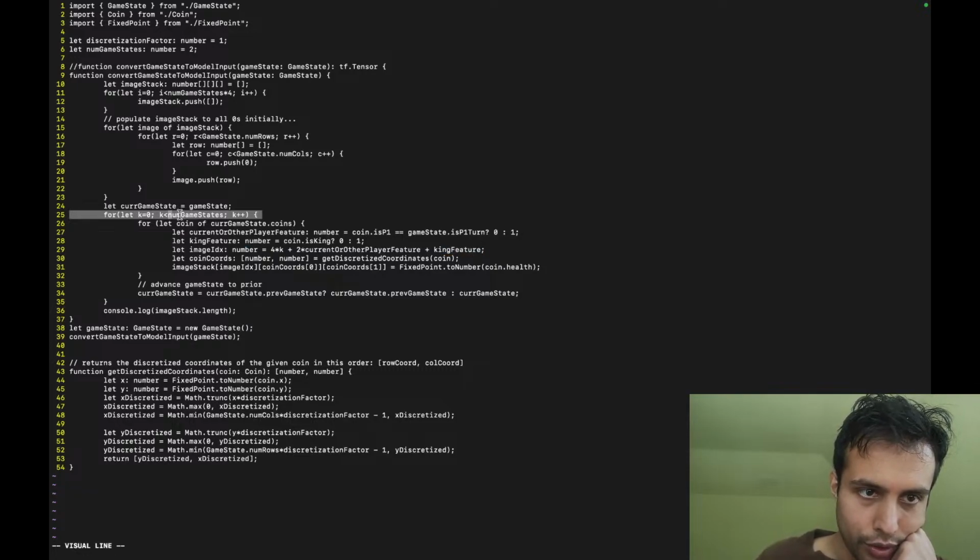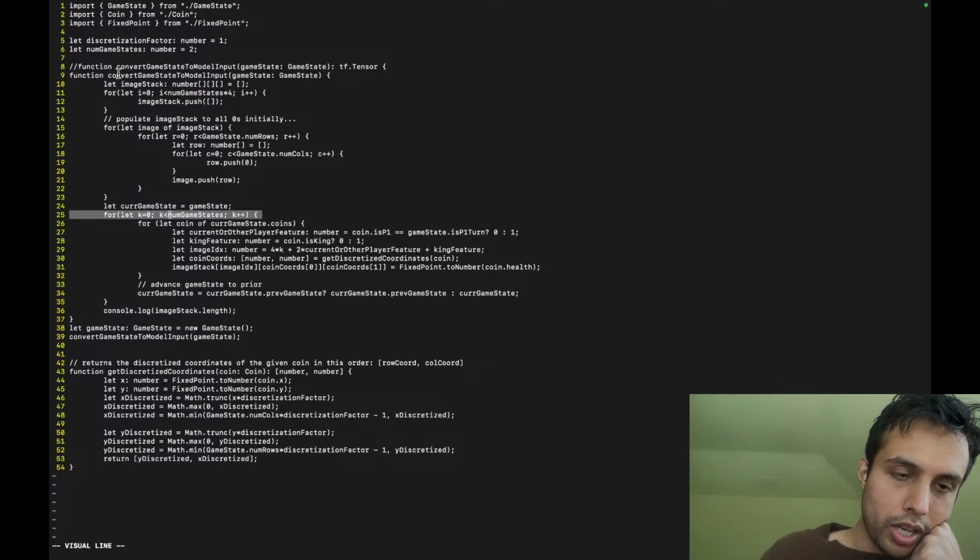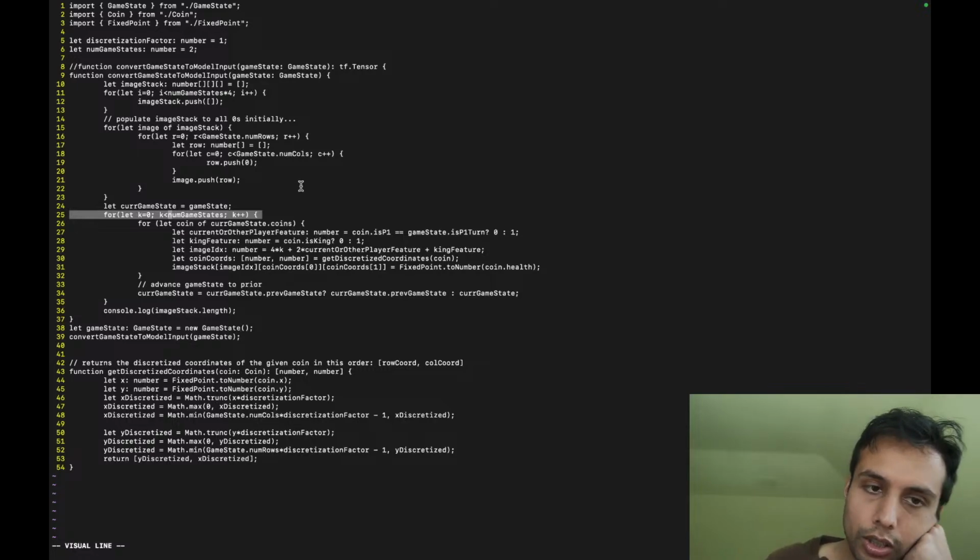K is the feature for which game state we're on, the historical index, where 0 means current and 1 means one past, one prev, and so forth. It nicely generalizes. That's the idea we did last time.